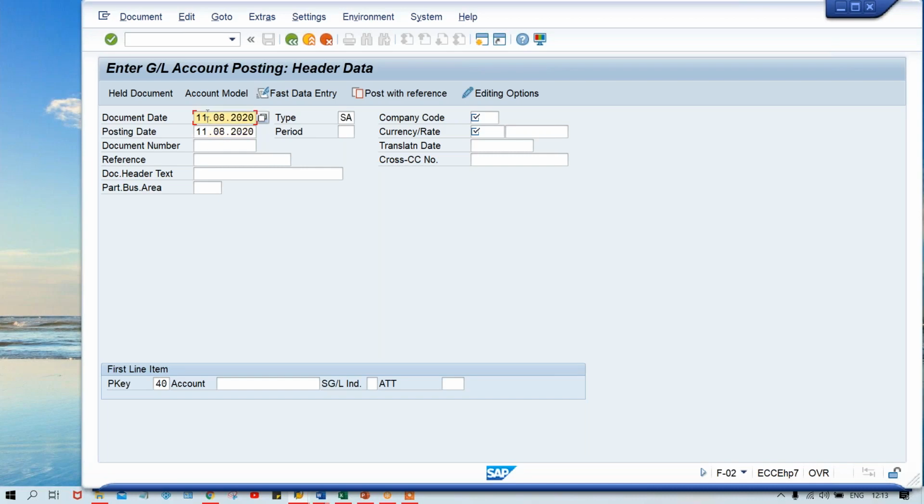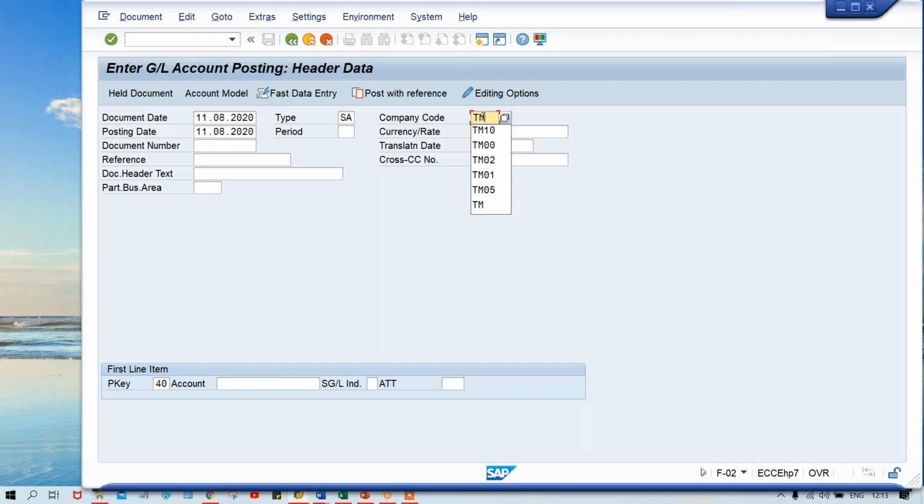What is this difference, guys? There will be a topic called terms of payment. If you have a perfect understanding of the terms of payment topic, you'll be able to know about this. So that is going to be covered in the upcoming session. I'll explain about the terms of payment. Right now,